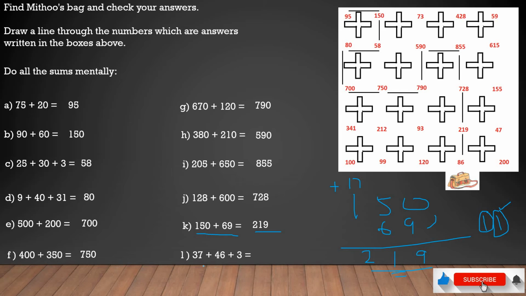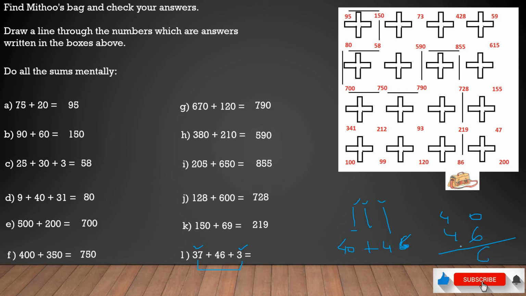Here we can add these two numbers together because it is easy, and if you add these, 3 to 37, you get 40. So after 37 if you count 3, 38, 39 and 40. So after adding these two numbers we get 40, and if you add 46 to 40, it is easy to add 46 and 40. How? See, 40 and 46, if you write like this, 6 and 0 will give you 6, 4 and 4 is 8. So you get 86 as the answer.